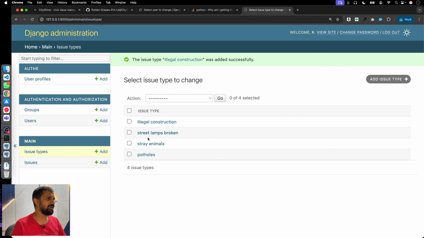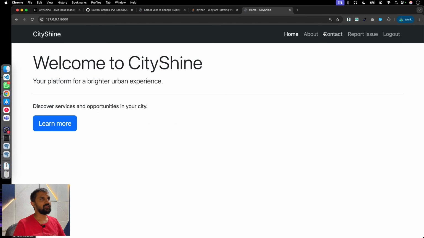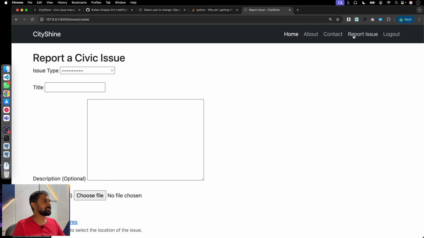Okay, so we have added 4 issues. I think for now it's okay. Now when I go to my application, you will see that this form is now populated with those 4 things, and I can select one. I will say that I see 5 dogs. There are 5 dogs next to my society,